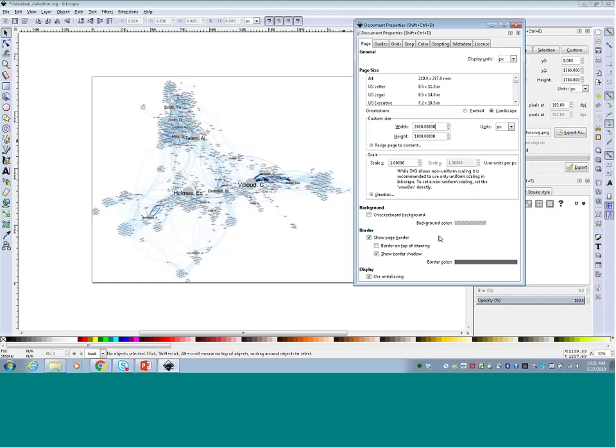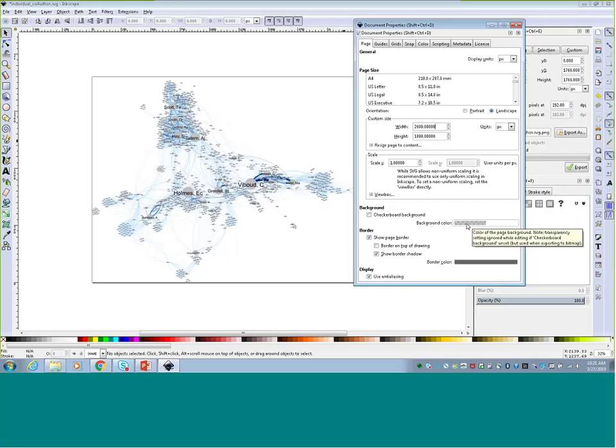And then the final thing that I'm going to do is I'm going to change the background color. So right now, the background color is this sort of checkbox, which means it's a clear background. If you try and export a PNG image with a transparent background, it can sometimes cause problems in Word documents or PowerPoint documents. So you want to remember to change this background to a flat white rather than being transparent to just avoid some of those problems.